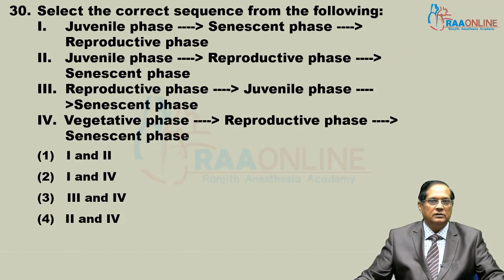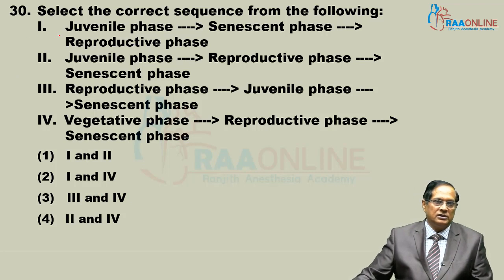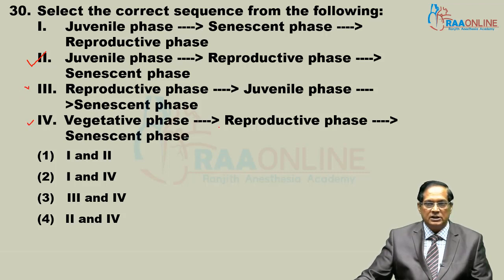29th question. Select the correct sequence. The correct sequence: first vegetative phase, then reproductive phase. Let's check each option. Juvenile phase, senescence, this is the wrong sequence. Juvenile, reproductive, senescence, right sequence. In the third, reproductive comes immediately, which is not right. Then the last one is also right: vegetative phase, reproductive phase and senescent phase. So number 1 and number 4, these two are correct. Answer is